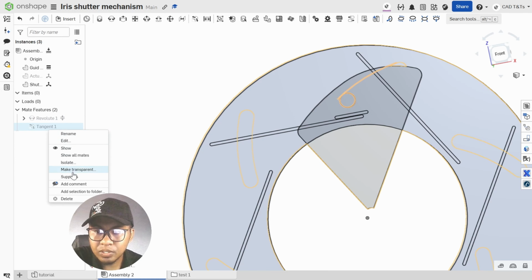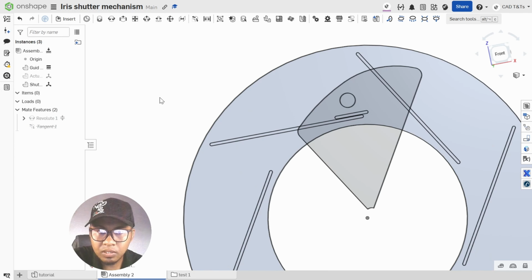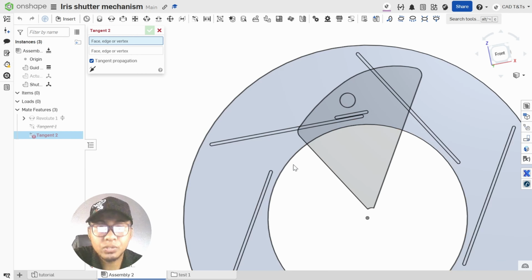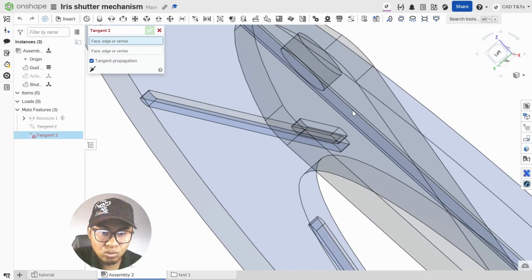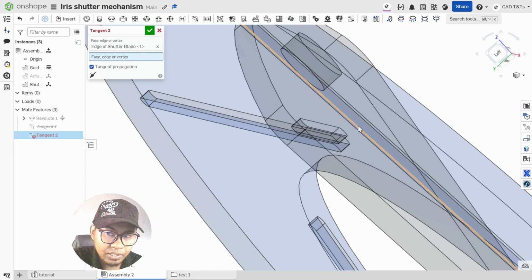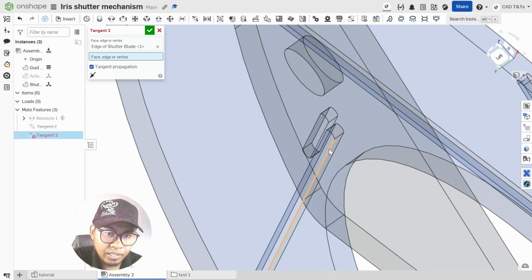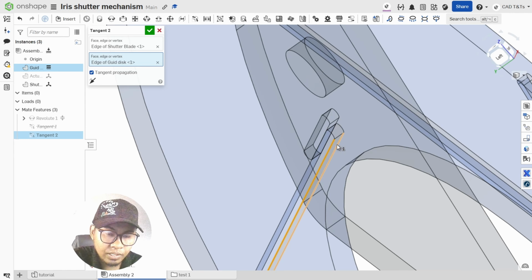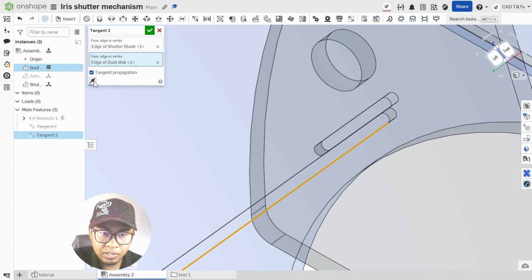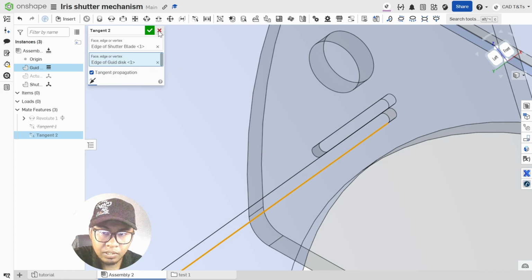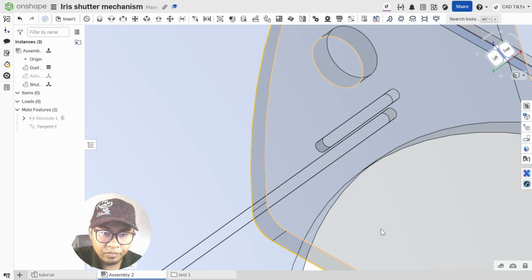Let's try to suppress this one. Okay, and we will unsuppress it later. Okay, let's try again. So I need this and this to be tangent. Where is that tangent? Okay, I think